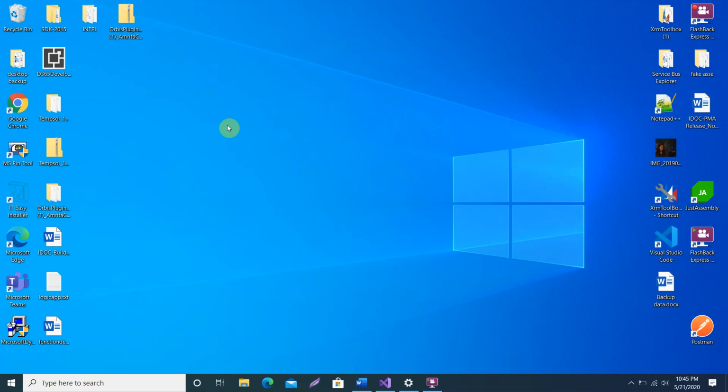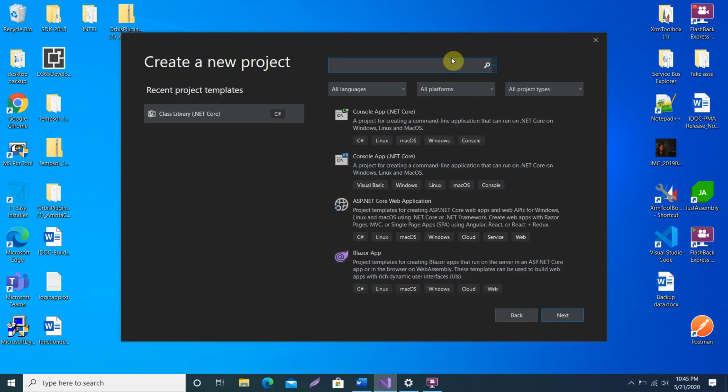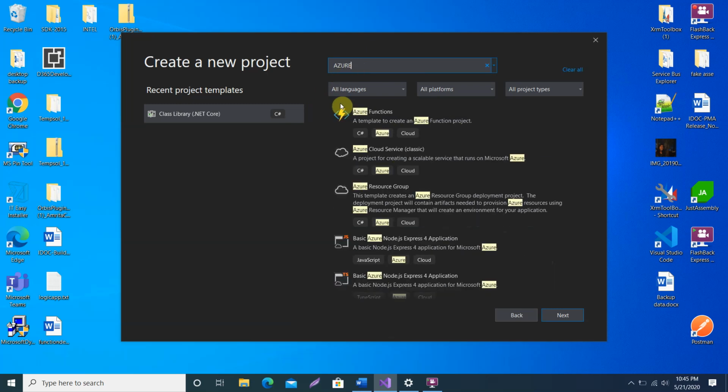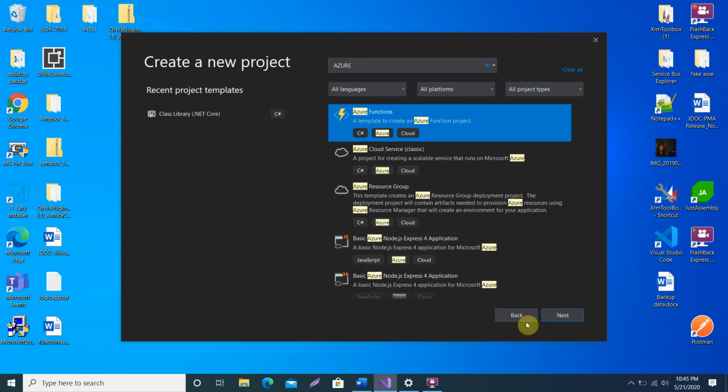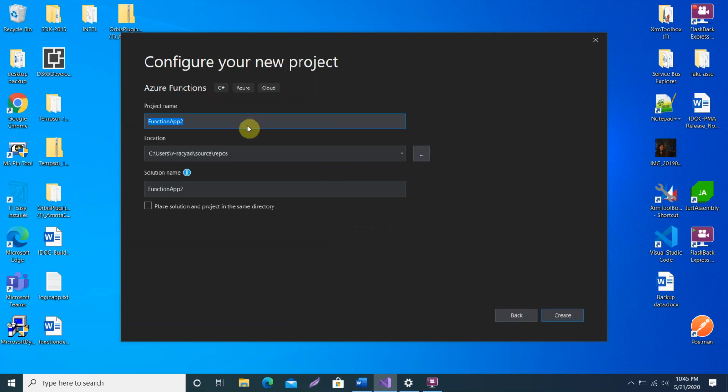To create the Azure Function, we will need a few DLLs that need to be installed by NuGet package in your Visual Studio. So here I have Visual Studio 2019, and how we can create an Azure Function is to create a new project, and in the new project you can get this Azure Function. If you have installed the related DLLs, then you can select next. I will give the demo.